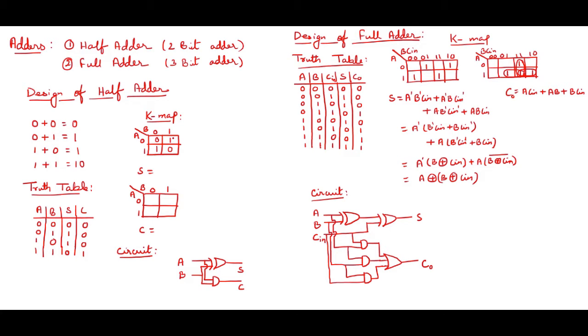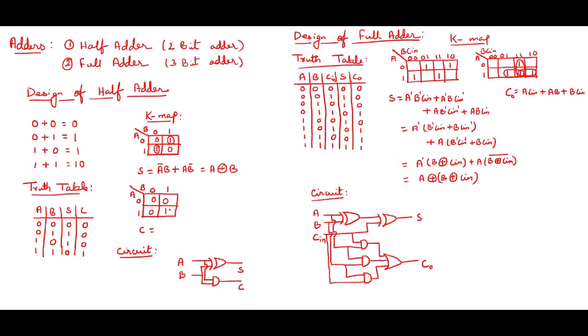So these are individual, so I'll take this one individually and this one individually, okay. So the equation which I'm getting is nothing but the first one is A bar B, so I'm getting over here A bar B, and the second one I'm getting over here is A B bar, okay. And this is nothing but the principal equation of A XOR B, so this is A XOR B, this is my sum, right? Similarly if I see for the carry part, what I'm finding, only single one is coming, that is 1 1, that is over here, rest all is 0.